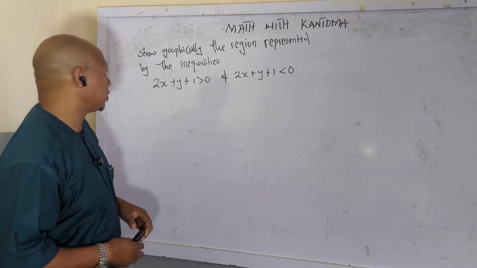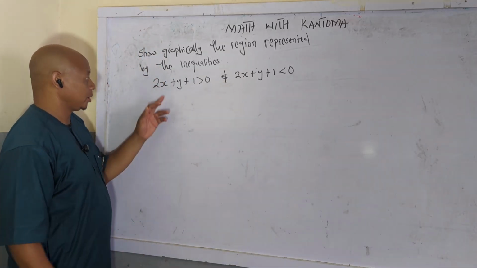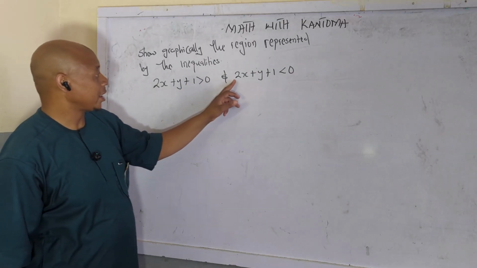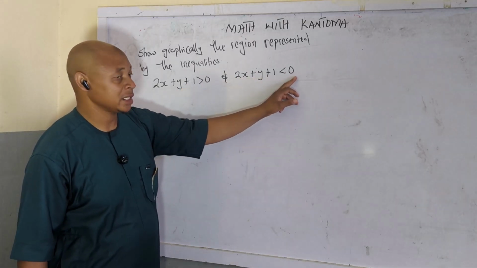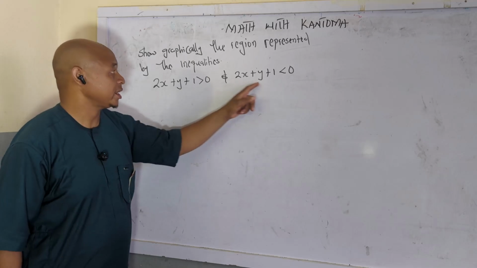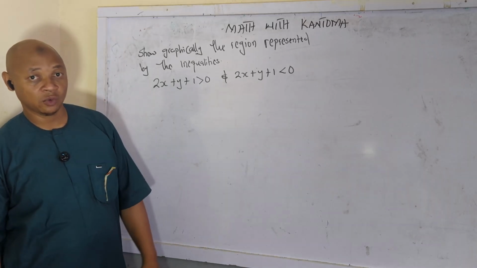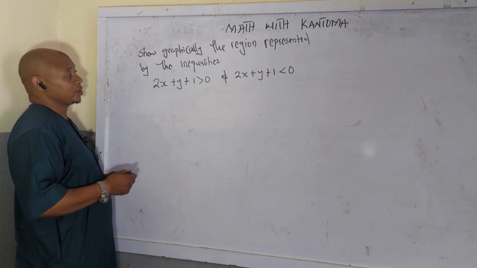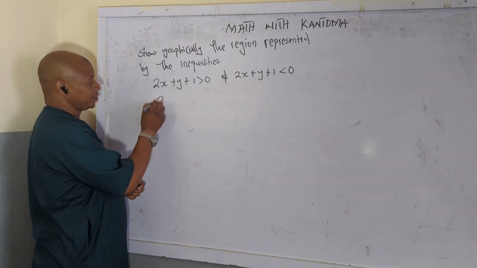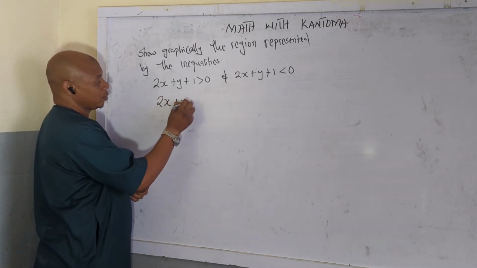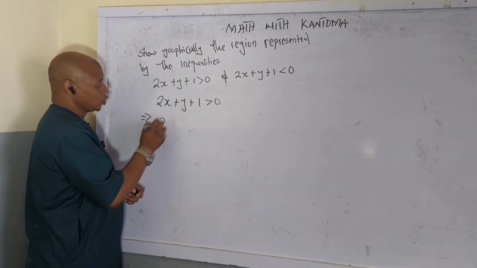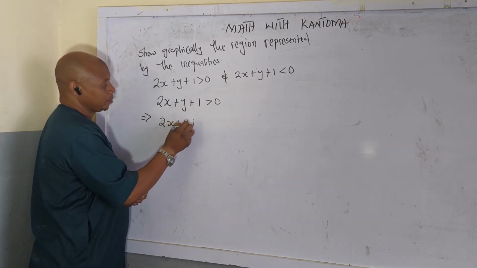So now, to dive in, we are given this problem: 2x plus y plus 1 is greater than 0, and 2x plus y plus 1 is less than 0. I want to see which region satisfies the inequality. First, we'll start by assumption. If 2x plus y plus 1 is greater than 0, it implies that 2x plus y plus 1 is